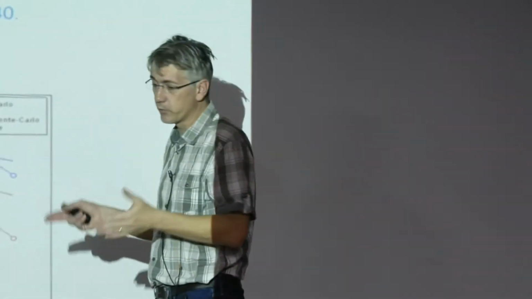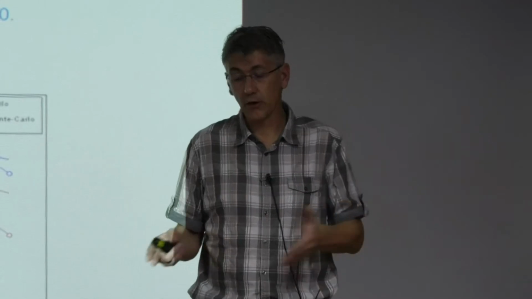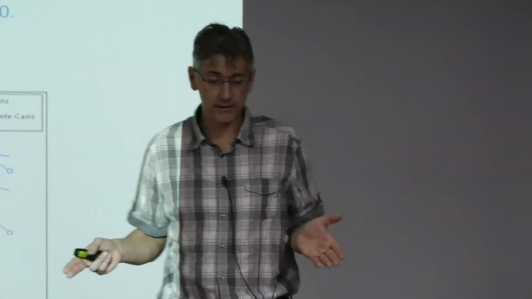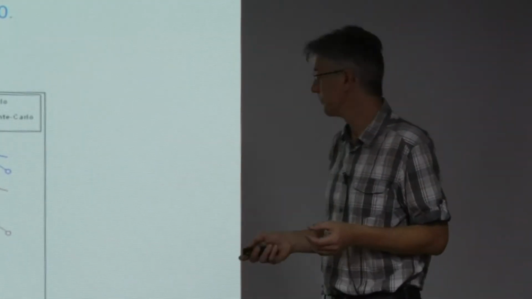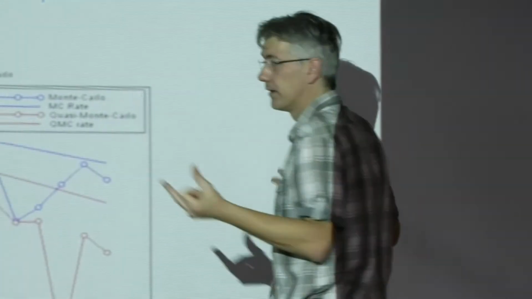You can do it, but it's an error. So if you use bootstrap with a quasi-Monte Carlo sequence, the error you estimate is not a good estimation. So this is just to explain that quasi-Monte Carlo is better, but if you have to control precisely the error you made, it's better to use Monte Carlo. So it's life.